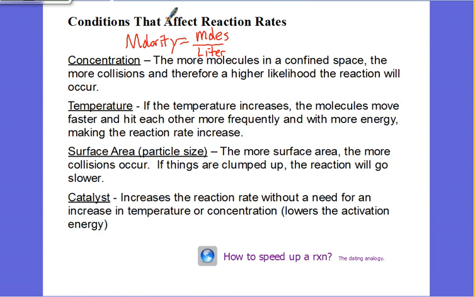Temperature. Temperature is a common thing to change. How hot substances are, that's how fast they're moving. And we can control that by putting them in a freezer or boiling water, whatever. Surface area. This one is how